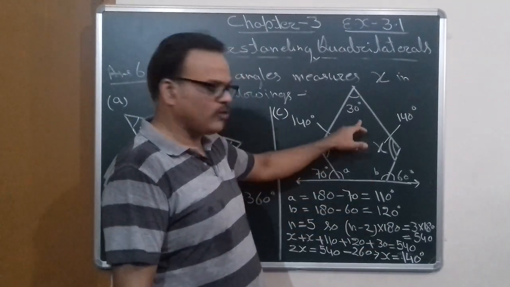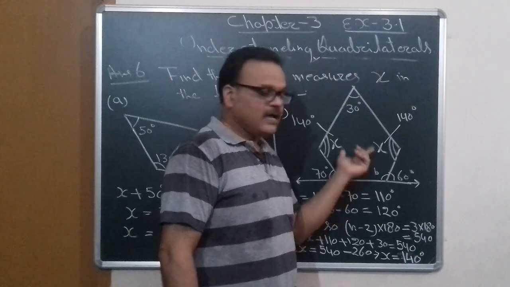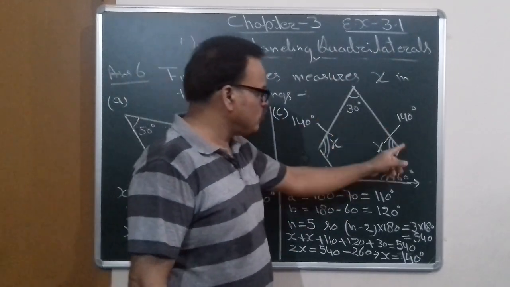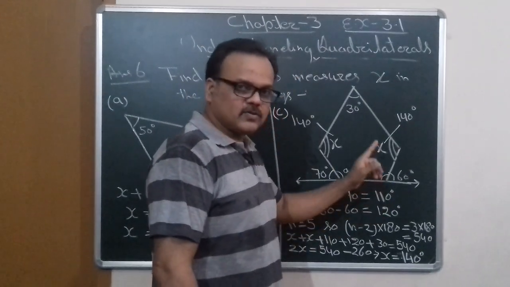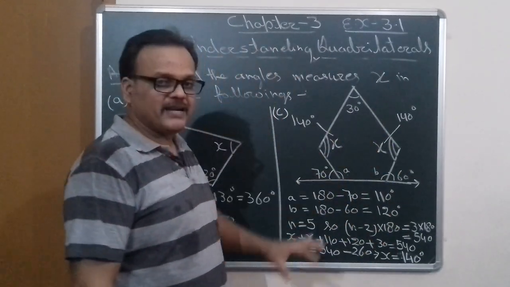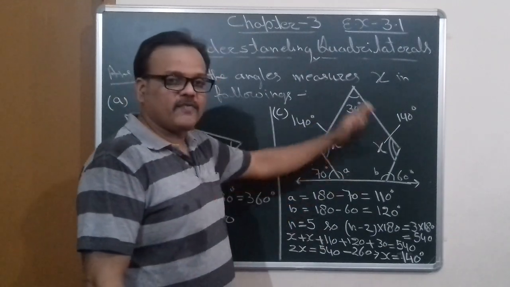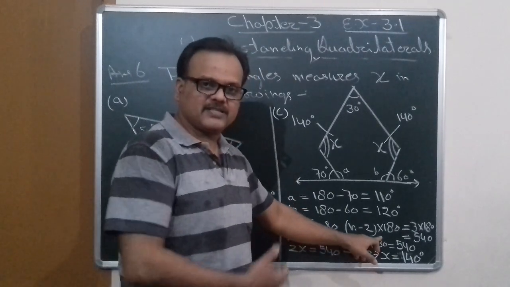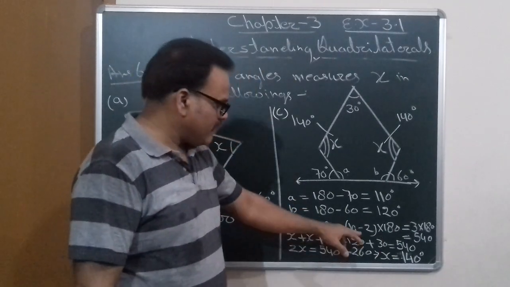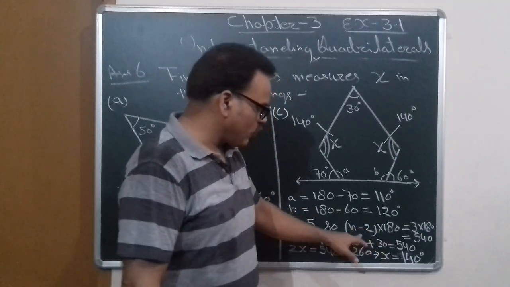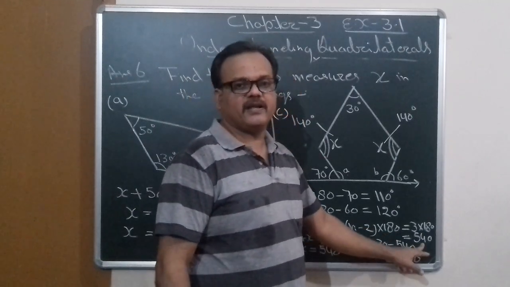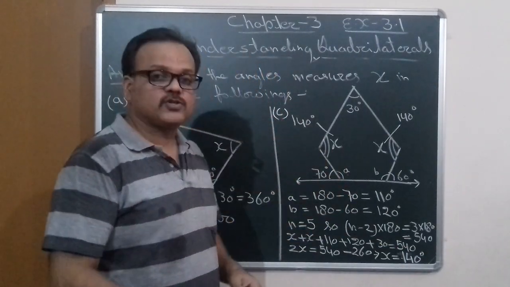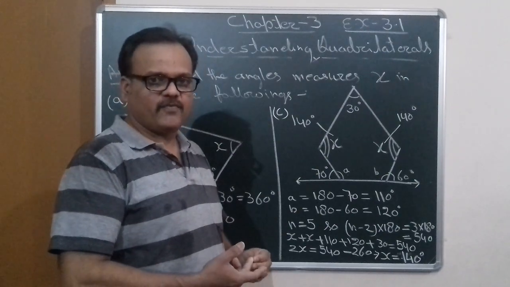Now we have three angles, and the two remaining angles are the same, and the figure is a pentagon. So there are 5 sides: 1, 2, 3, 4 and 5. With the help of the sides, first we find the sum of all interior angles. 5 sides, so (n minus 2) multiplied by 180, I have discussed it earlier. So n minus 2 means 5 minus 2, that is 3, 3 into 180, 540 degrees. Now we know that the sum of all the angles of any pentagon is 540.